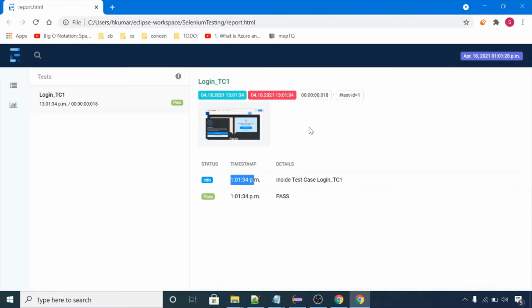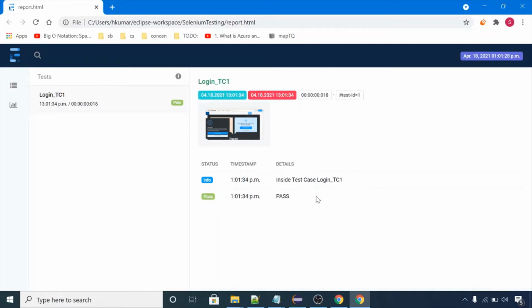But if all the screenshots are there, we will not be able to recognize which screenshot is taken at which time. So instead of the global space, we can attach the screenshot in a particular log statement, this one or this one.